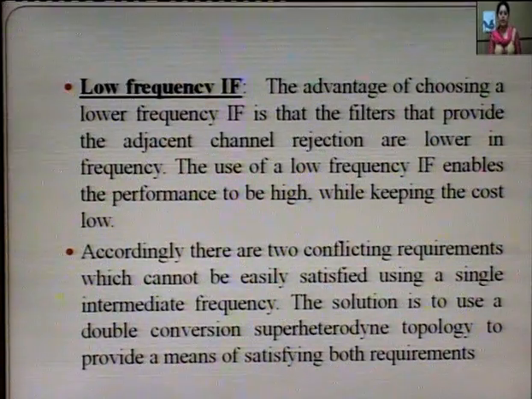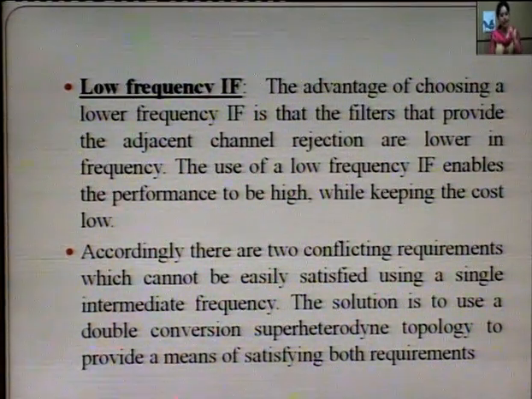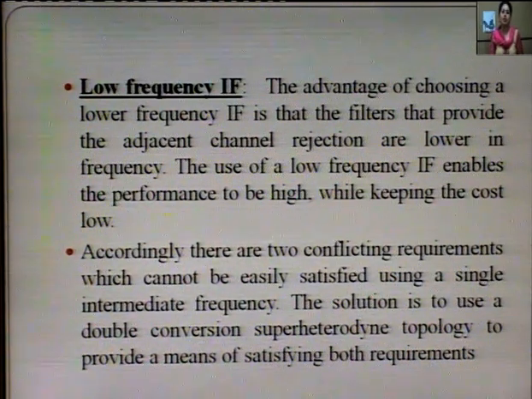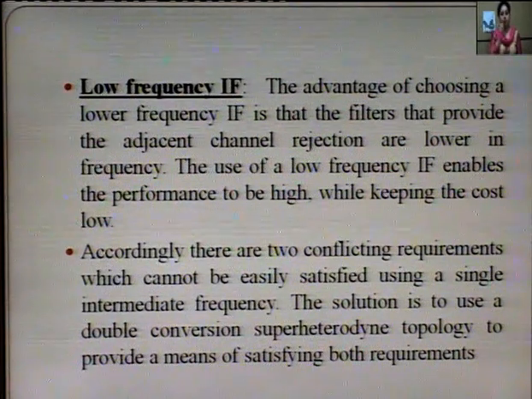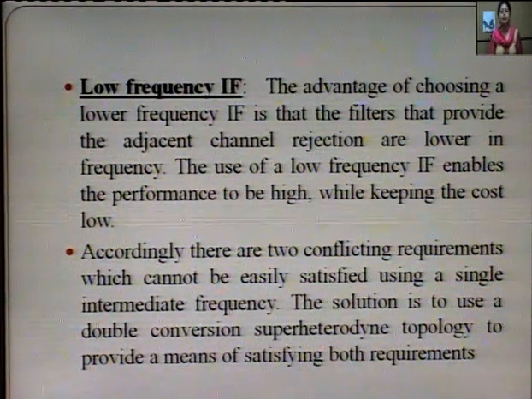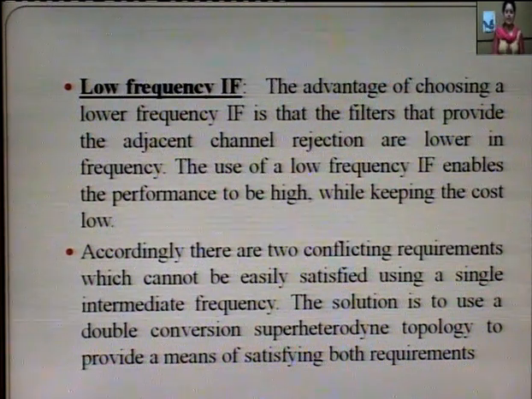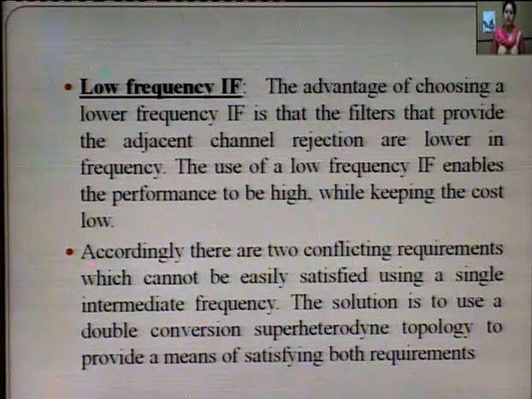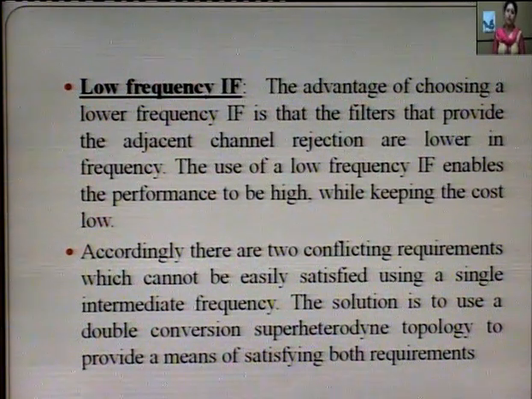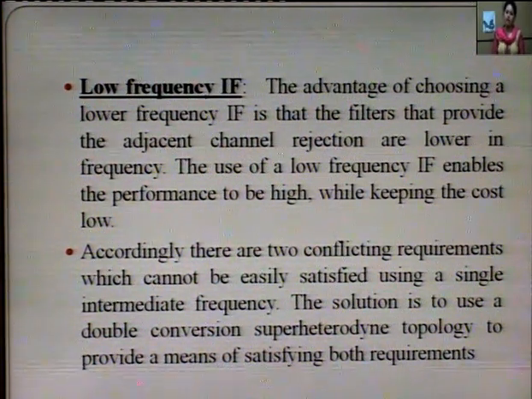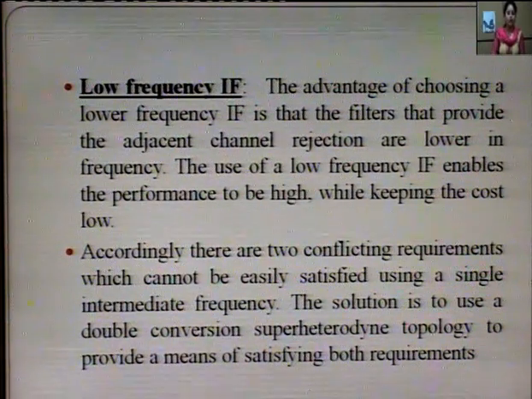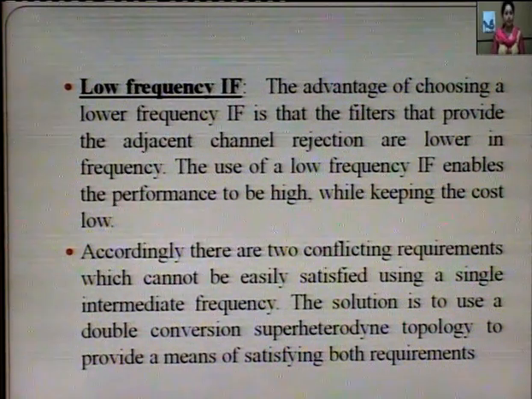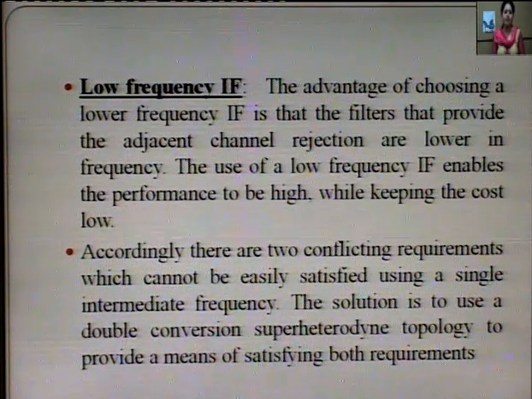Of low frequency IF enables performance to be high while keeping the cost below. You are having a better image rejection ratio in case of your low frequency IF. Accordingly, there are two conflicting requirements which cannot be easily satisfied using a single intermediate frequency, because you need both parameters to be satisfied. You need better selectivity, and you need a good image rejection ratio. This cannot be achieved by using one single intermediate frequency, because